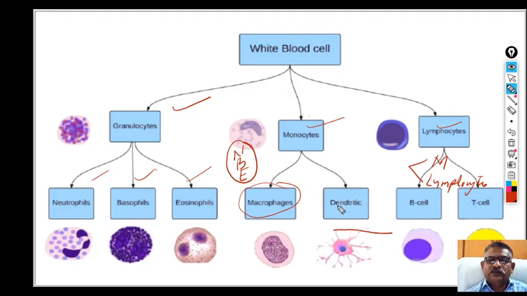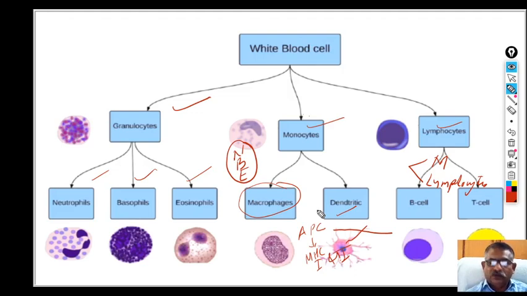Similarly, some of the monocytes get differentiated into dendritic cells. These are star-shaped cells. Macrophages and dendritic cells play a very important role. They act as antigen presenting cells. With complex antigen, as we have seen already in the immune response, for antibody mediated and cell mediated immune response, whenever presentation of antigen is there, these cells in association with MHC complex 1 and 2 are able to present this antigen to the immune system, right?